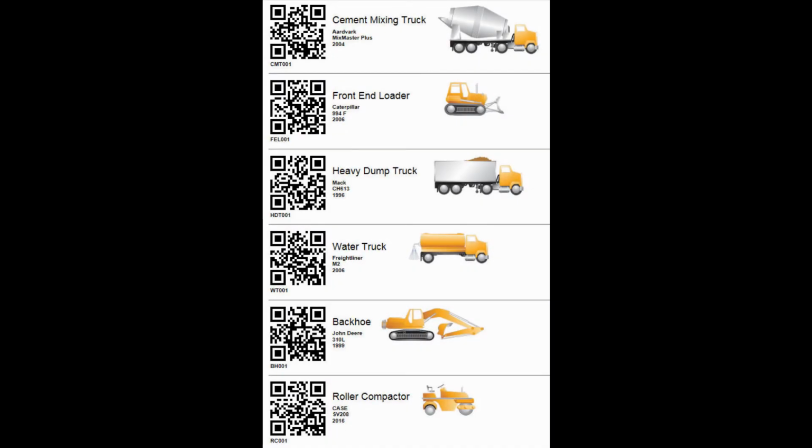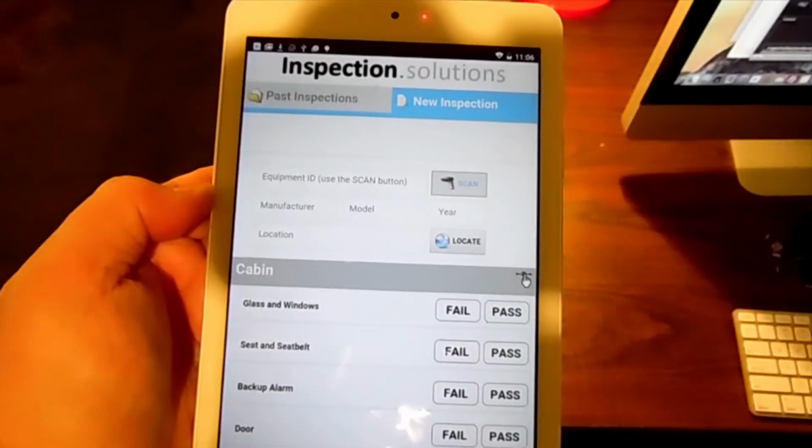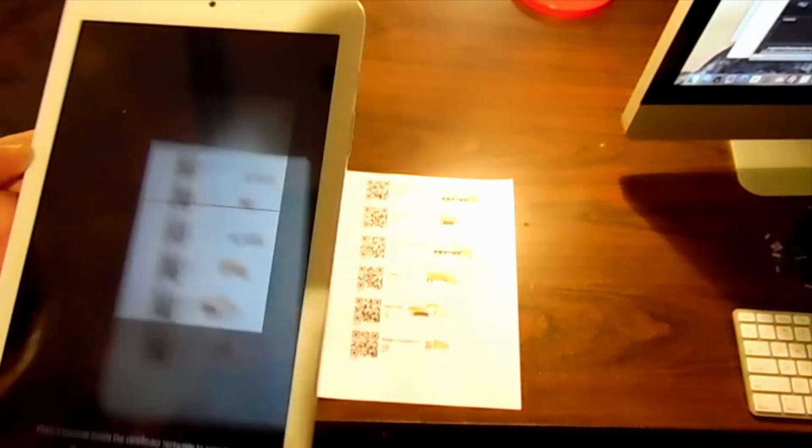Now, this sample comes with 6 different choices, which you see here on the equipment sheet, and this sheet is included with the application. But of course, you could replace this sample equipment with a list of any data you like. Now, when you click the Scan button, the device's camera is activated, and it looks for a barcode or